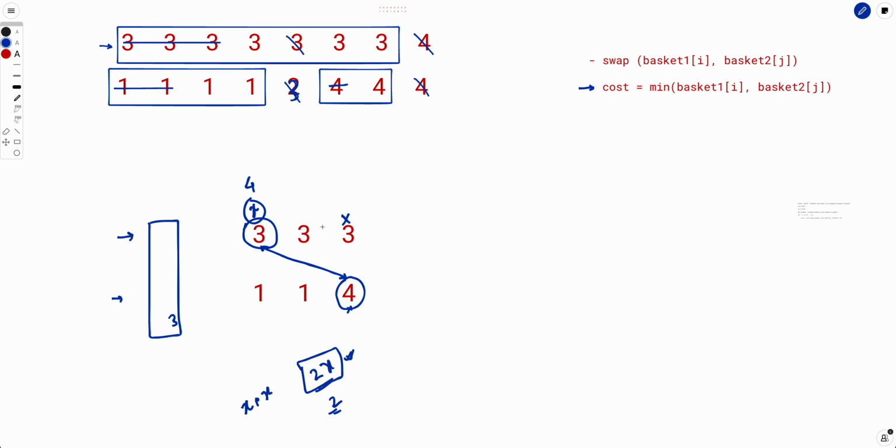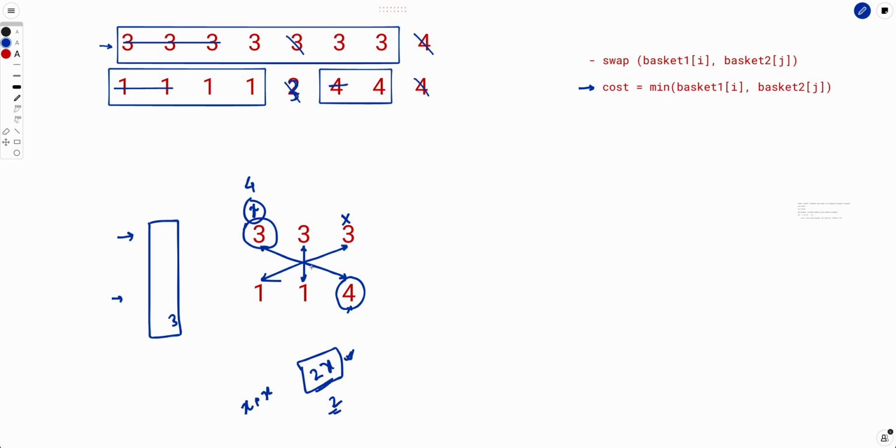So what we are saying is, instead of taking the second half, we will always be taking the first half of both the elements. And how can we achieve that? We can achieve that by pairing them in a crisscross manner. So in this particular case, we would have paired this 3 and 1, and this 3 and 1, and this 3 and 4, right? So once we have found out the cost from this,